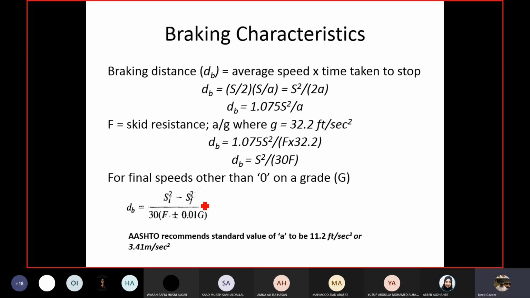And correction to what you said: we are not talking about the braking time. We are talking about the braking distance, how much distance is covered. Obviously, if it covers more distance, it will take more time as well. And time is already taken into account in the derivation of the equation. When we were deriving this equation, we already took the time into consideration. If you want to recalculate the time, go back to the basic equation where you can see the time as well.